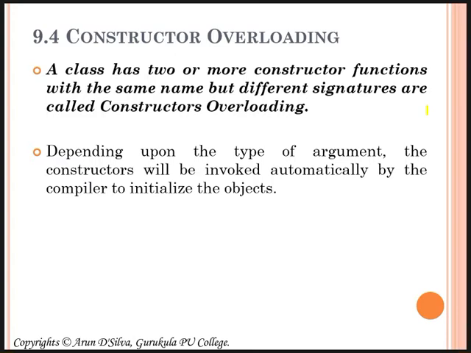You can have any number of constructors. You can have a default constructor, a parameterized constructor, a copy constructor. In a parameterized constructor you can have one parameter, two parameters, like that. So according to the object, how many parameters and arguments are there, looking at that, the compiler will decide which constructor is to be invoked while creating the object.